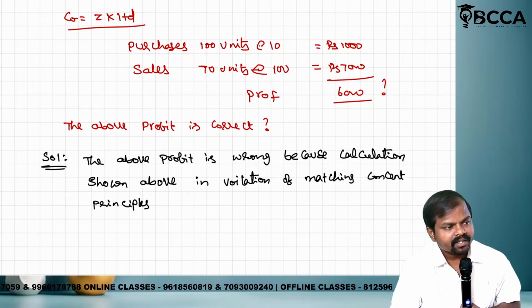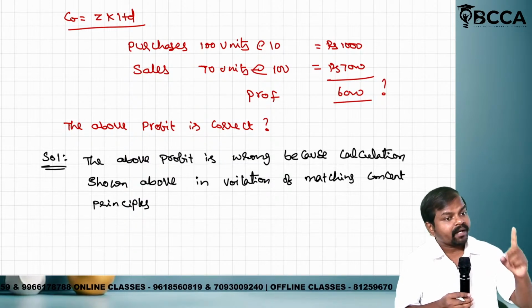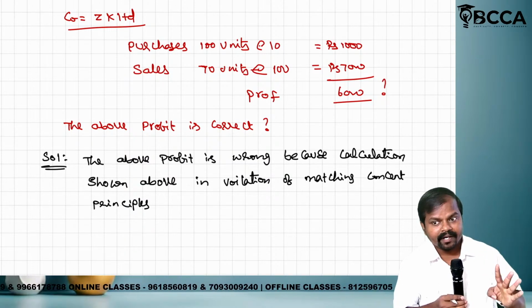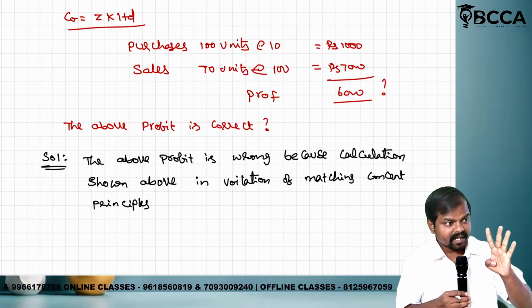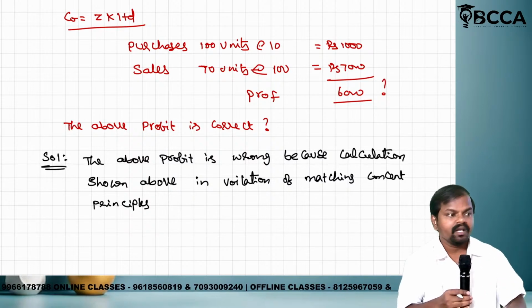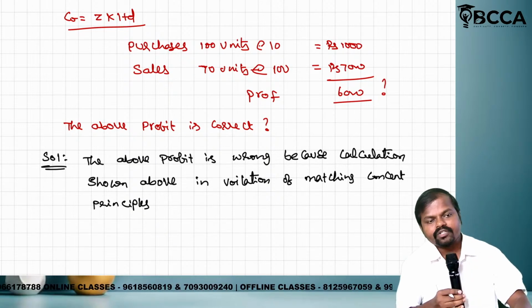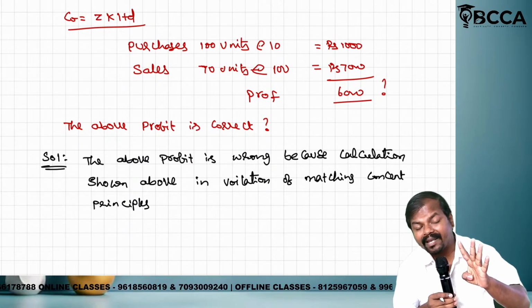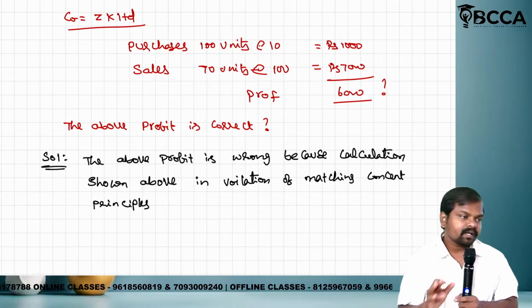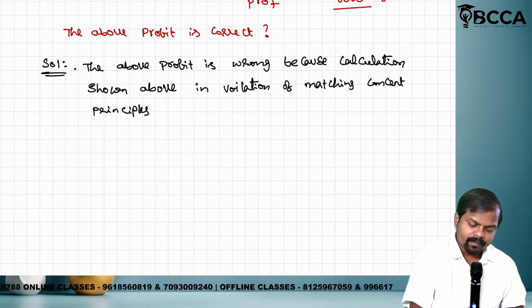Is it right? Please respond, ma'am. I clearly told expired cost, unexpired cost, product cost, period cost. Four pillars are required for building, four pillars required for knowledge of costing. Expired cost is most important, unexpired cost is most important, product cost is most important, period cost is most important. Clear? Excellent. This is the first point.